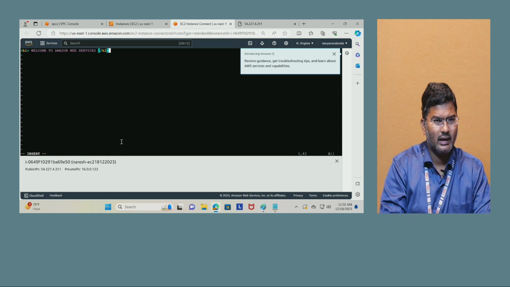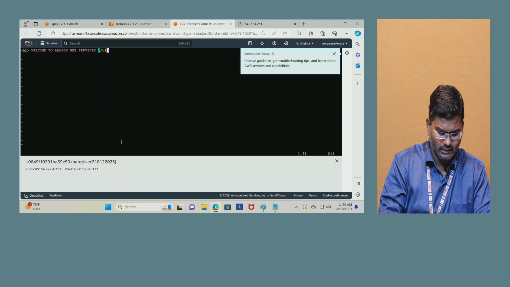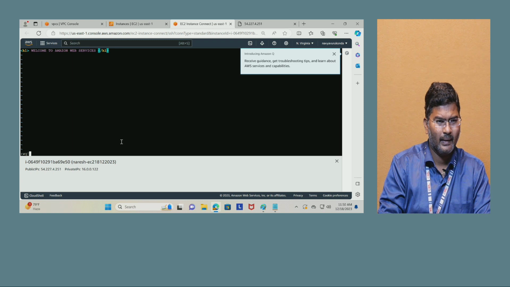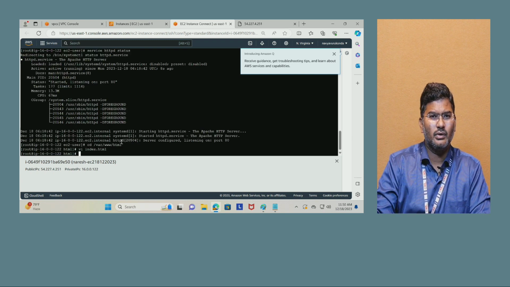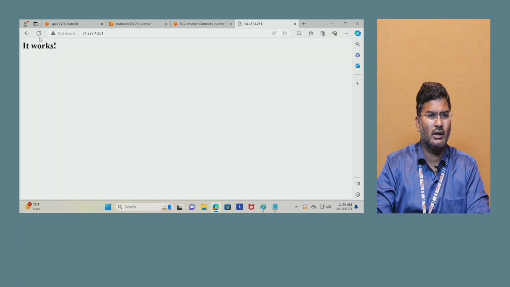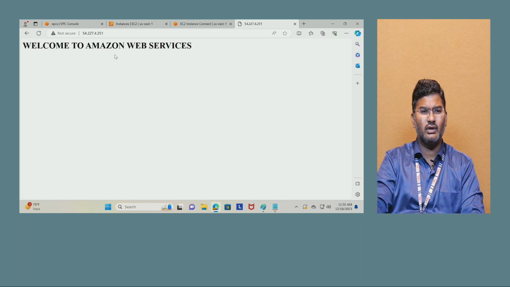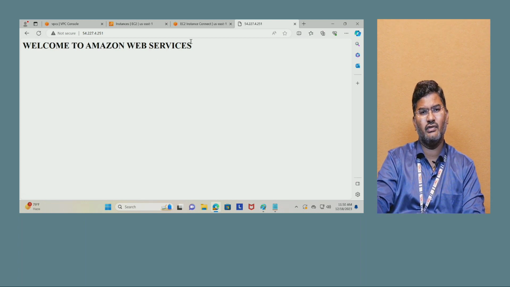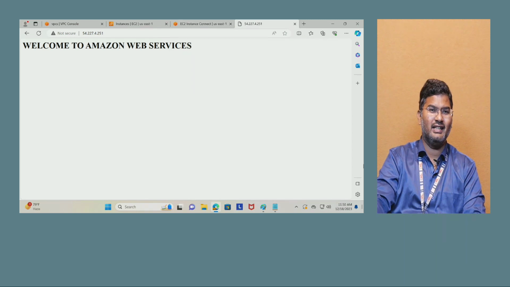Okay, just click the escape button, save and quit. Then you can refresh this page. It will change from "it works" to "welcome to Amazon Web Services." Wonderful, right? Now what we are doing here is